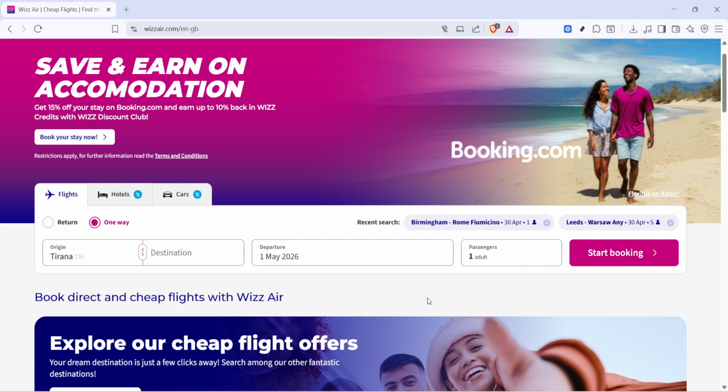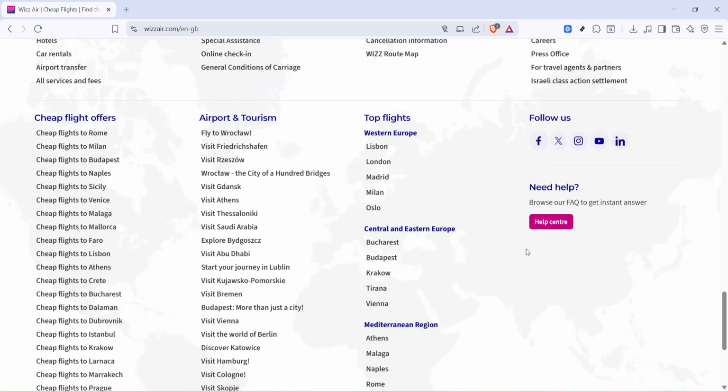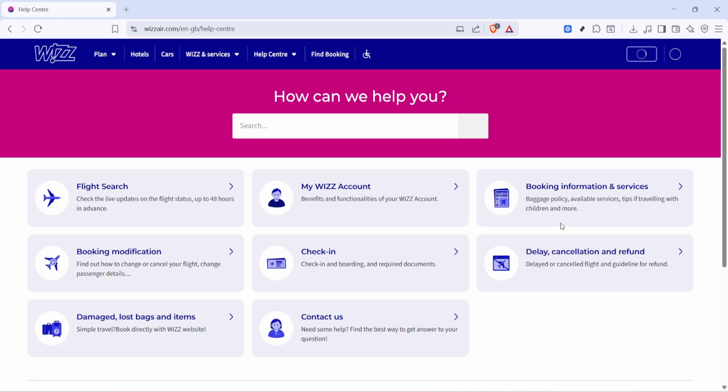Start by opening the Wizz Air website in your browser. Scroll all the way down the homepage until you see the Help Center link. On mobile, this may be in the site menu, but the wording is the same. Click Help Center to open Wizz Air Support Hub. This page collects all official guidance, so using it ensures you're following the airline's current process rather than outdated instructions